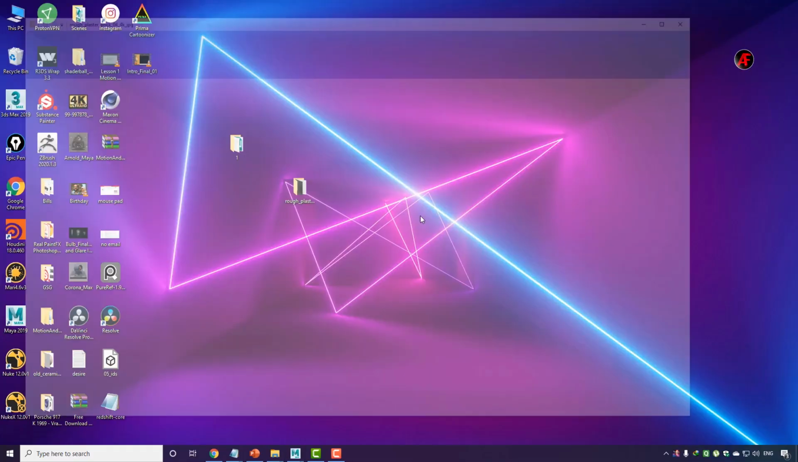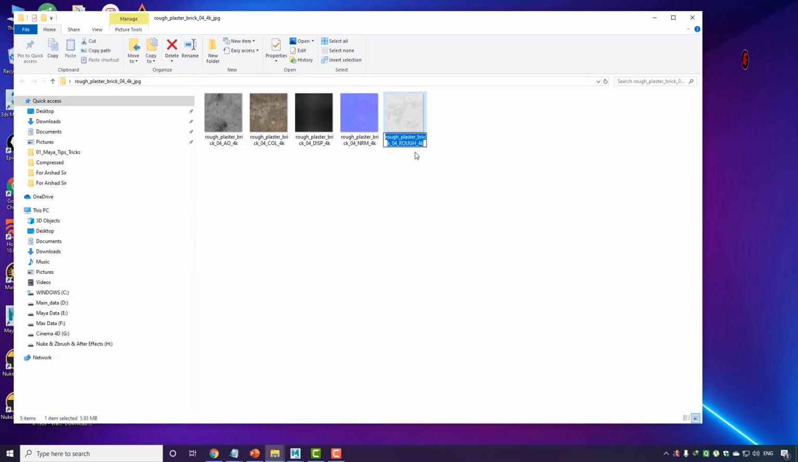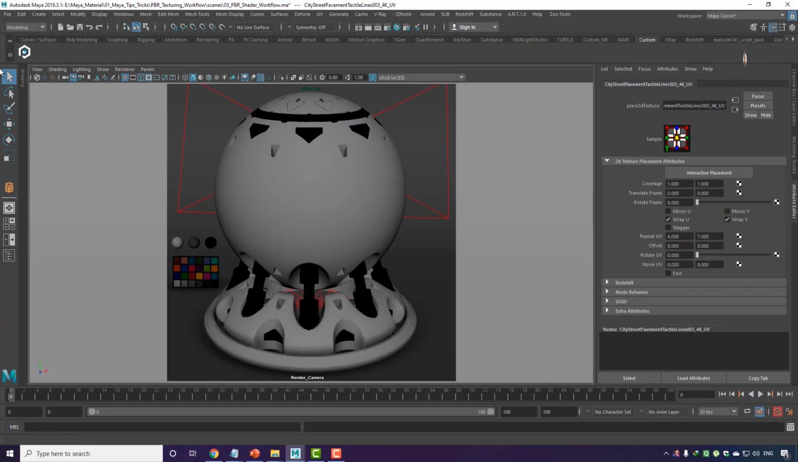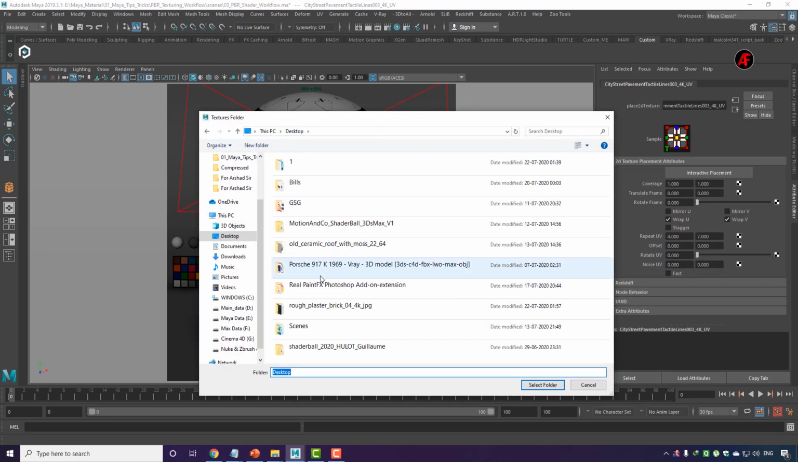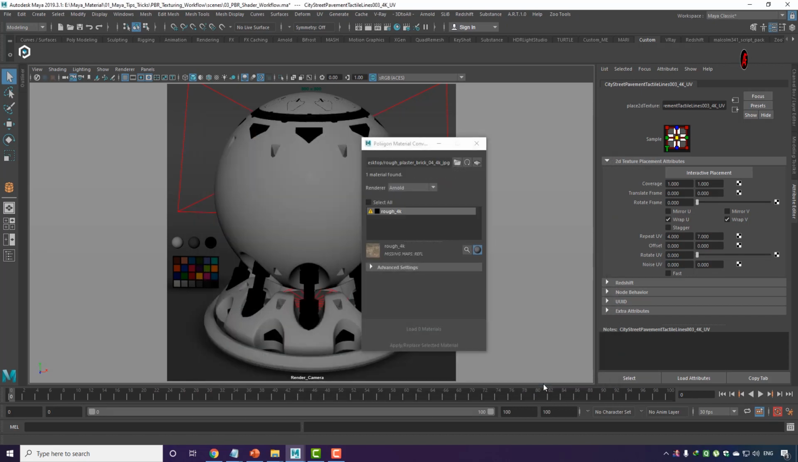Okay, so what you need to do, make sure instead of roughness, just rename this to glossiness, and then come back to Maya, load that same folder once again. Yes, the reflection map is missing. It's okay, no problem with that. Okay, so I just press select all and say load material,